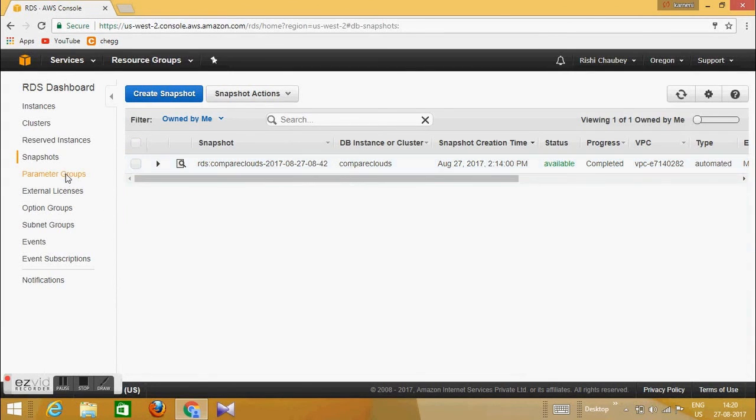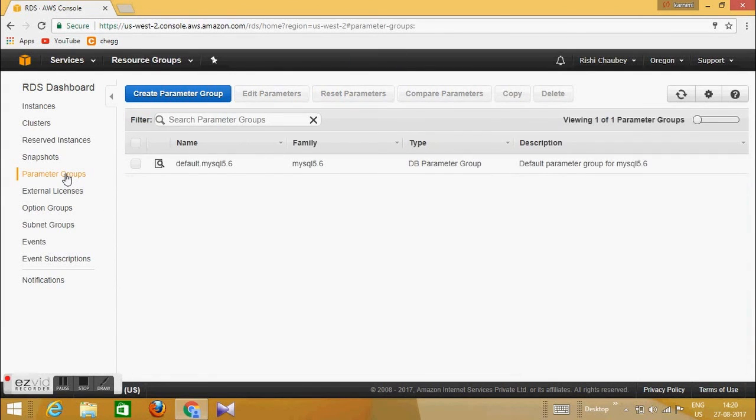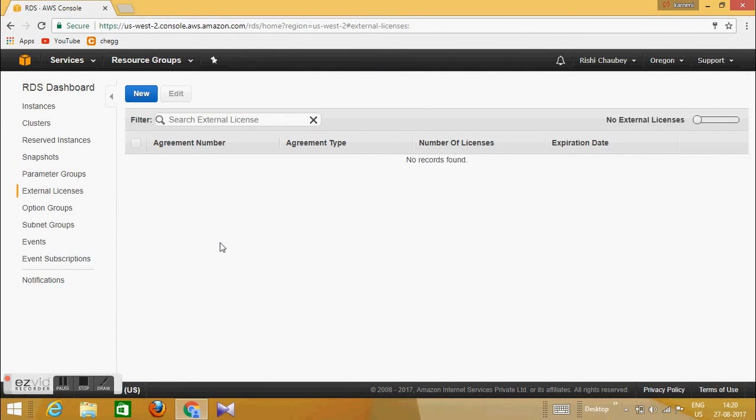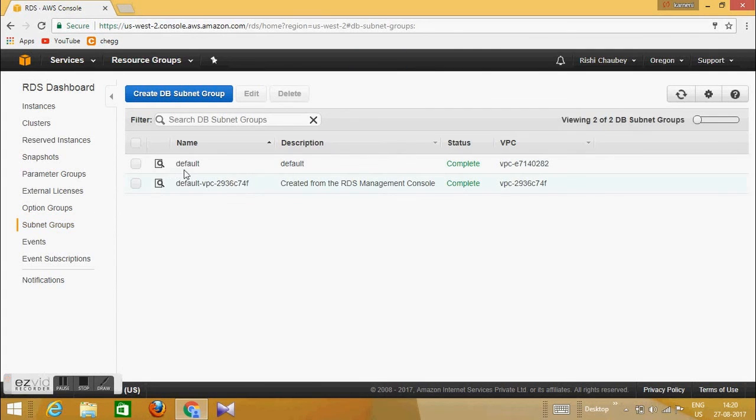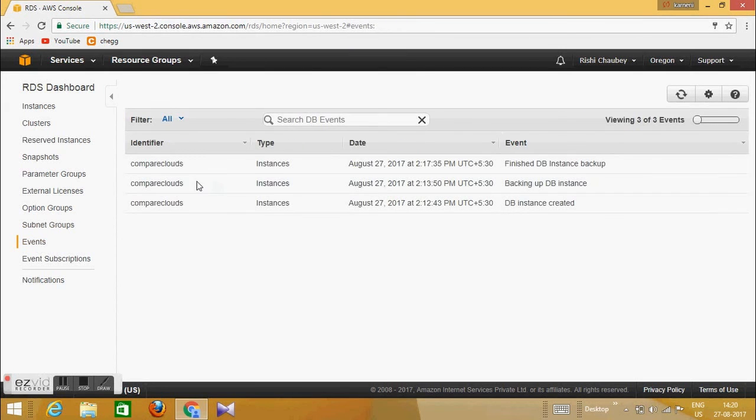Then you have parameter groups. Right now we have a default parameter group for our DB instance which we have created. You can click on create parameter group for creating any number of parameter groups. Then you have subnet group. We have two subnet groups. One is default and another is for virtual private cloud, which has been created automatically.